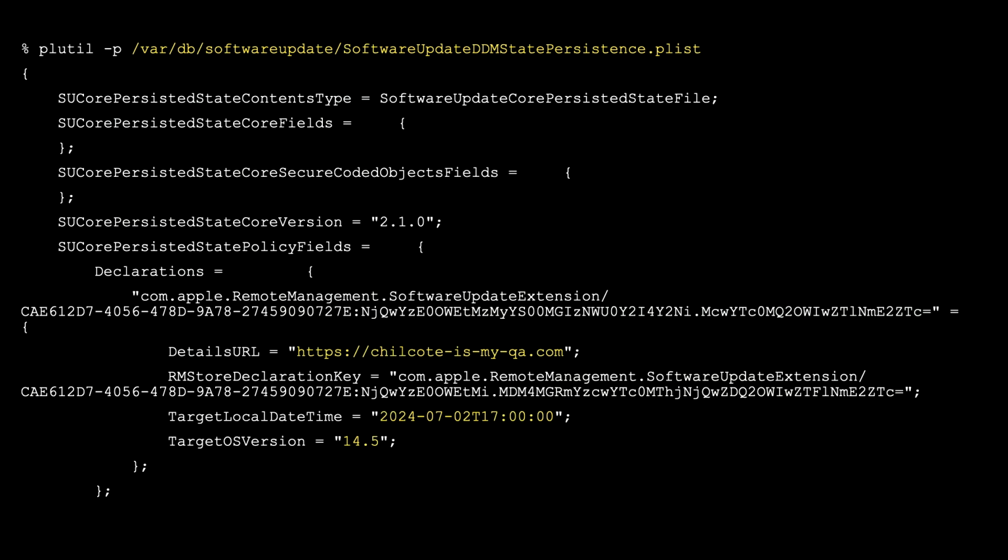The target date is interesting because 14.5 came out on May 13th, and the deadline is July 2nd, but that's longer than 21 days. So I'm not quite sure. They might be putting some more padding in there or something, because I think 21 days before July 2nd would be like, what, June 11th or something? So I'm not quite sure what the discrepancy is there, but having that relative date option in your console, I think is a very nice